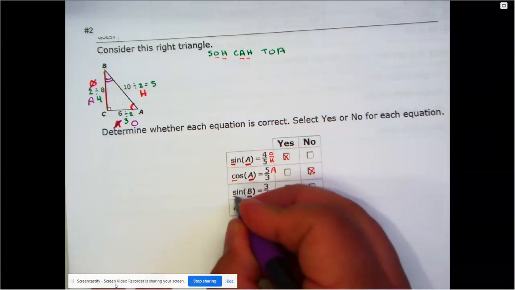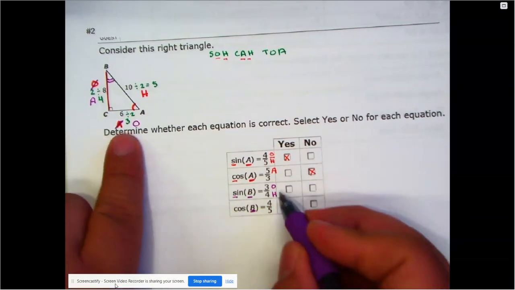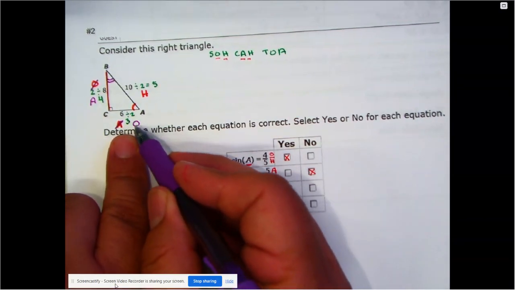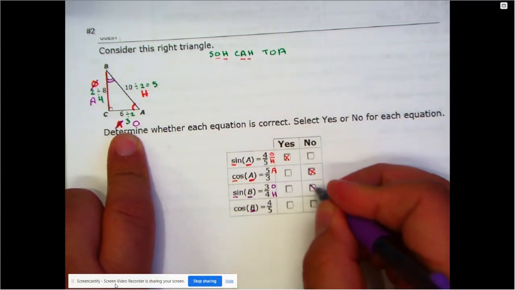So it says sine again. That should be the O. That should be the H. So let's see. The O is the 3. Yep. The H is 4. Not at all. So yet another mistake